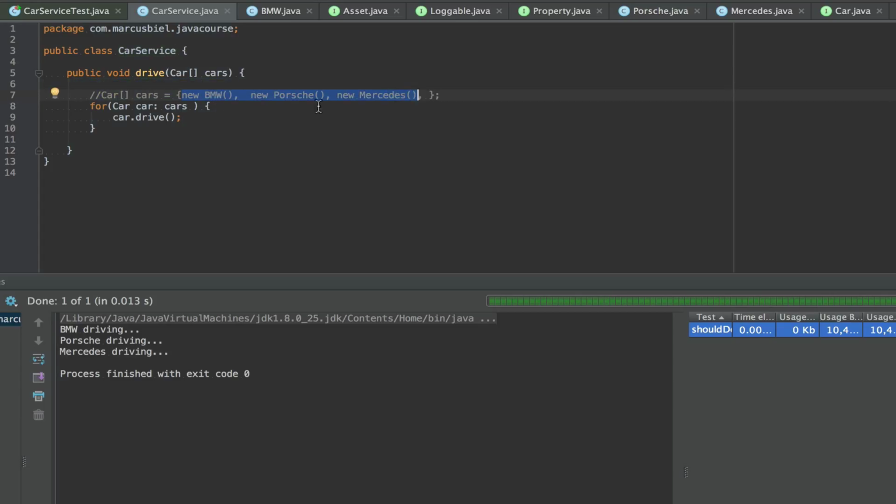Now the problem is the car service might be dependent on specific car implementations to test it. On the other hand, the team that implements the different car types might need a car service for testing and for integrating their code with the other code. So each team is dependent on the other team, and so each team blocks the other team, so nothing can be finished.